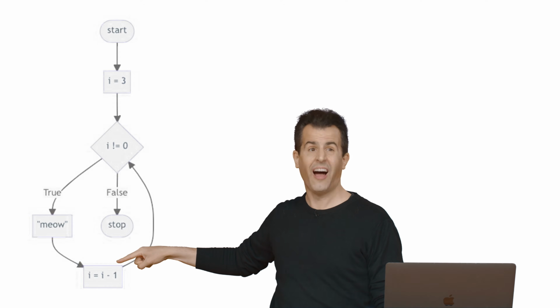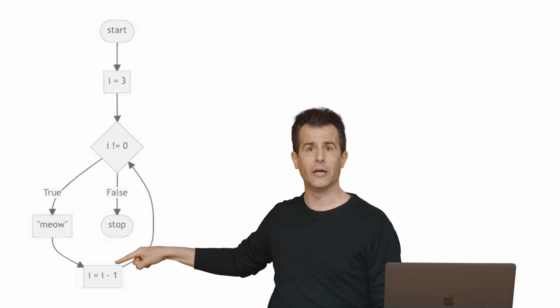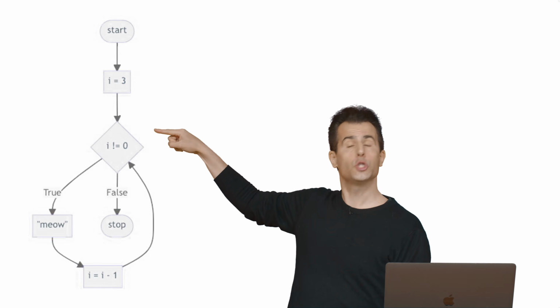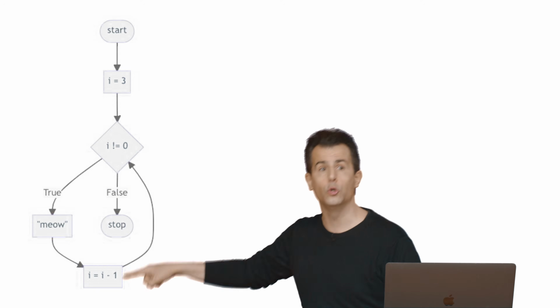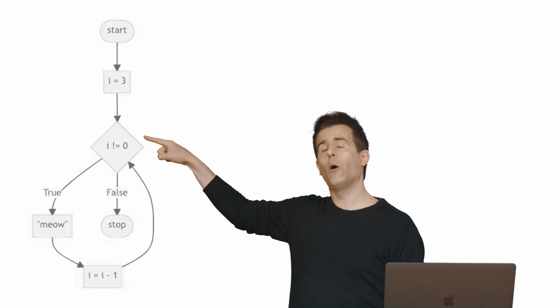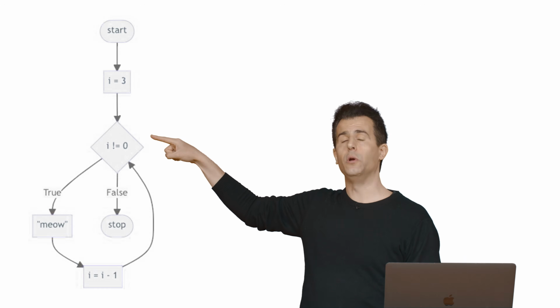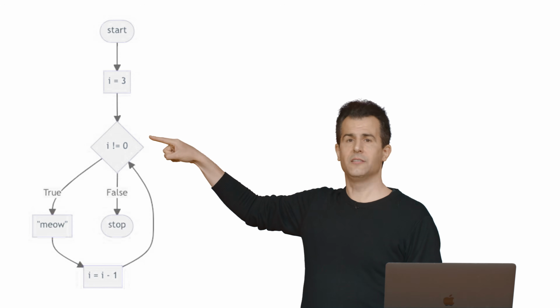At this point in the story, I presumably equals 2 mathematically. I follow the arrow. And there's the loop. This is why it's nice to see this graphically, perhaps, because you can literally see the loop back and forth. Now I ask the question again. Does 2 not equal 0? Well, it does not equal 0.